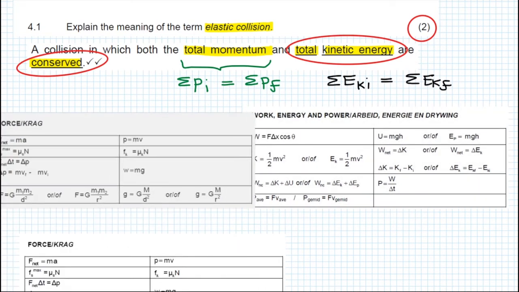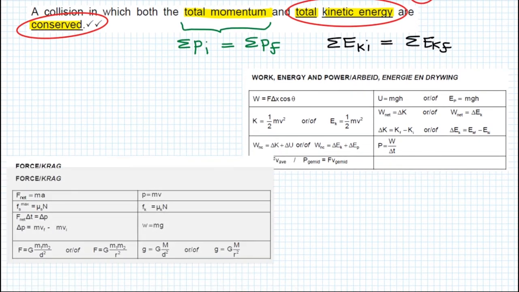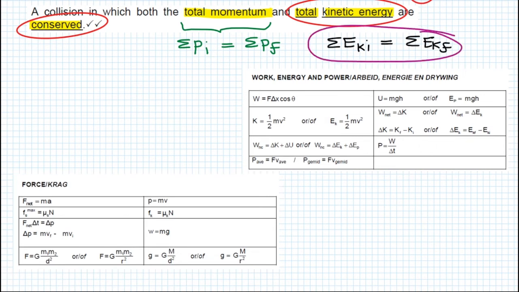And the reason I'm doing so is not because these principles are stated on the formula sheet, but because I often find that learners make mistakes and think that this formula is the same as this one when they are not. The one at the top is for conservation. The one that I have written down, that is for conservation of kinetic energy, or in other words, for elastic